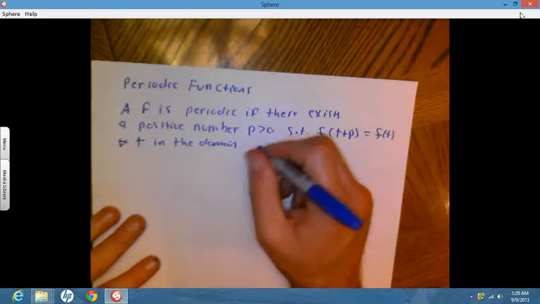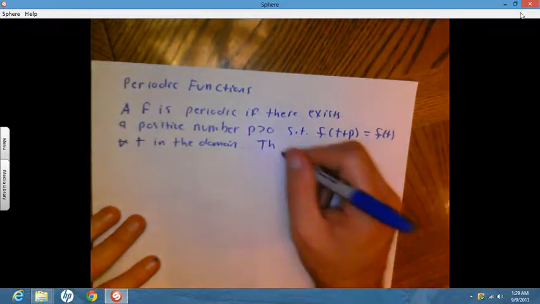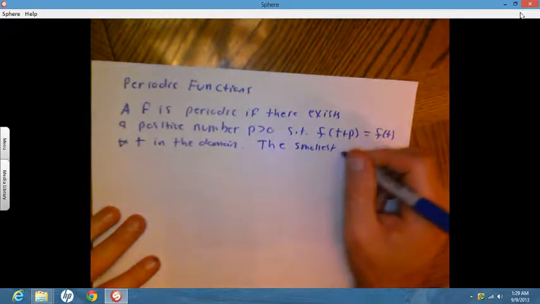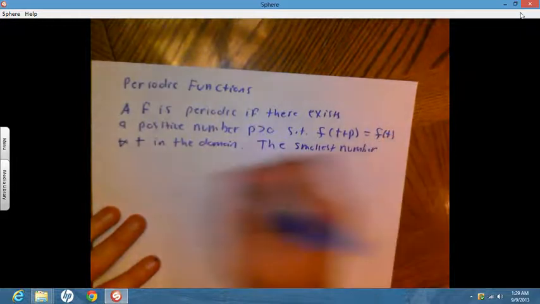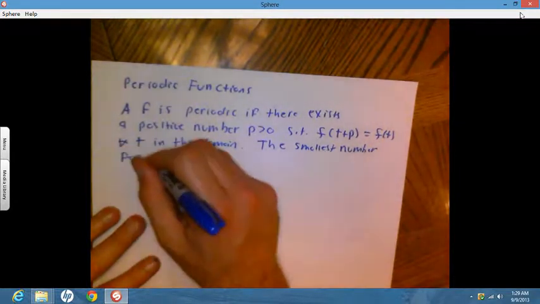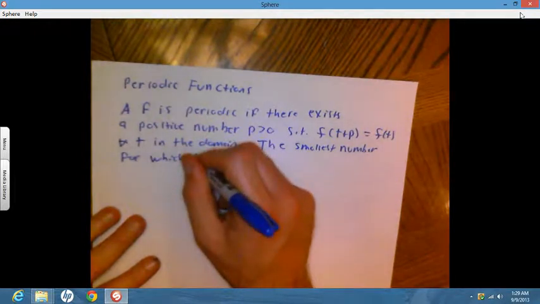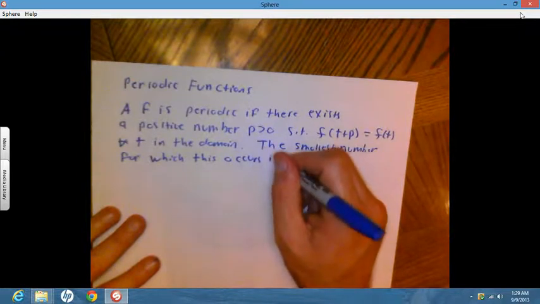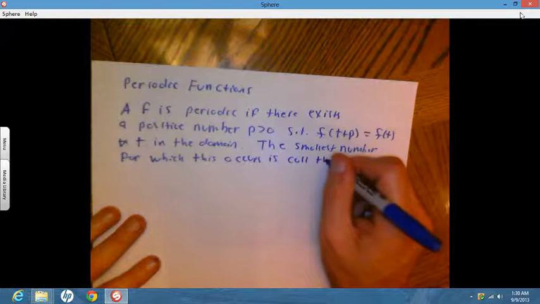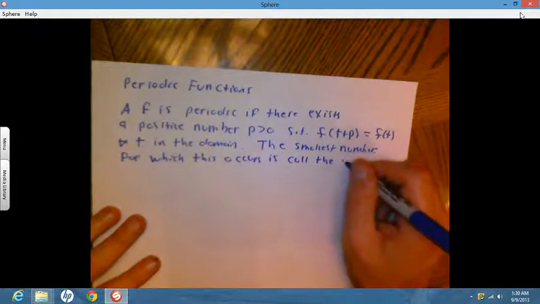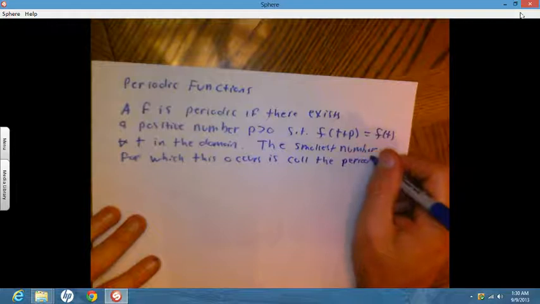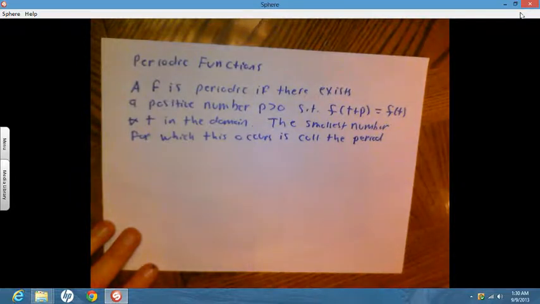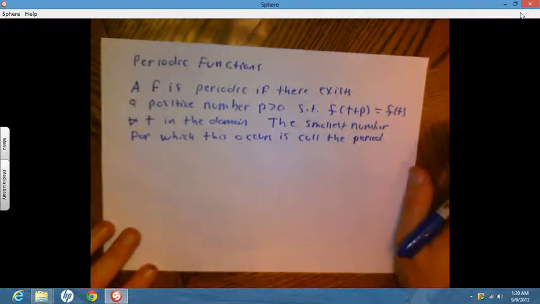The smallest number for which this occurs is called the period. Okay? Now for the sine and cosine functions, to give you an idea of what's going on, remember we said the sine,